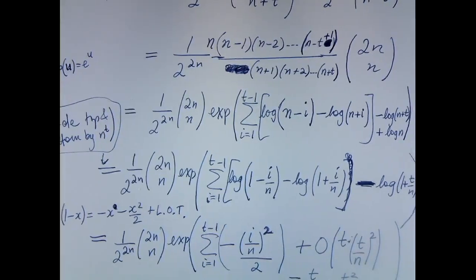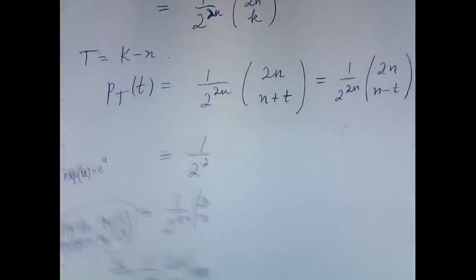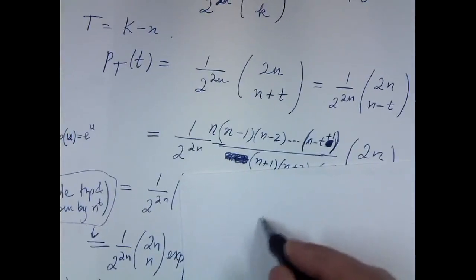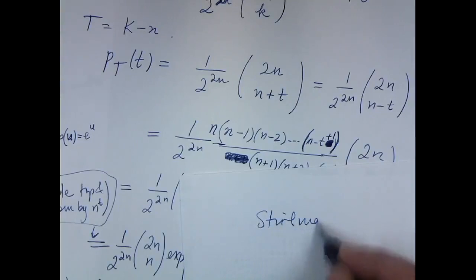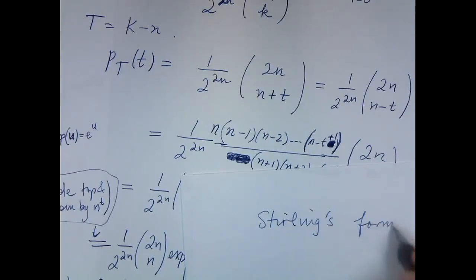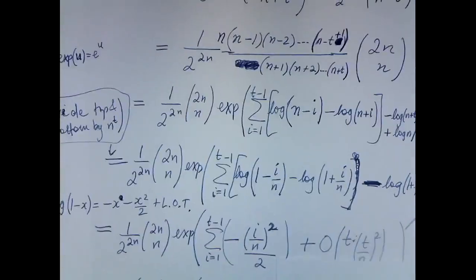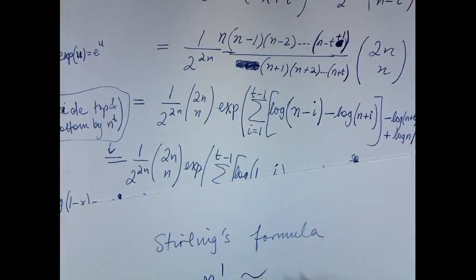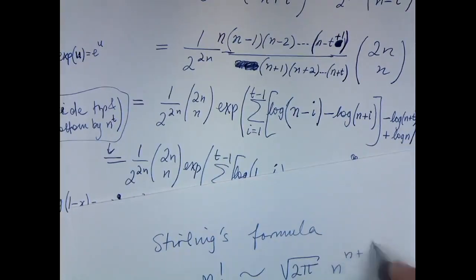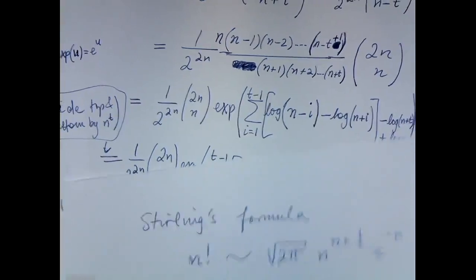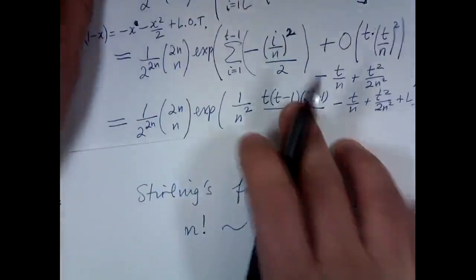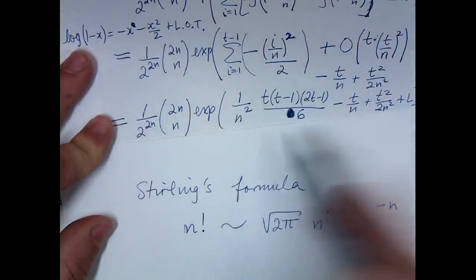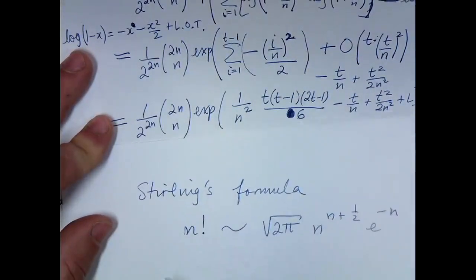Okay, so at this point I've run out of time to finish the expansion, but the last thing that we need to verify there is Stirling's formula, which states, in case you don't know, that root 2 pi n to the power n plus a half e to the minus n. So if you plug in Stirling's formula, that'll deal with this n term, and then you plug in there, you conclude that